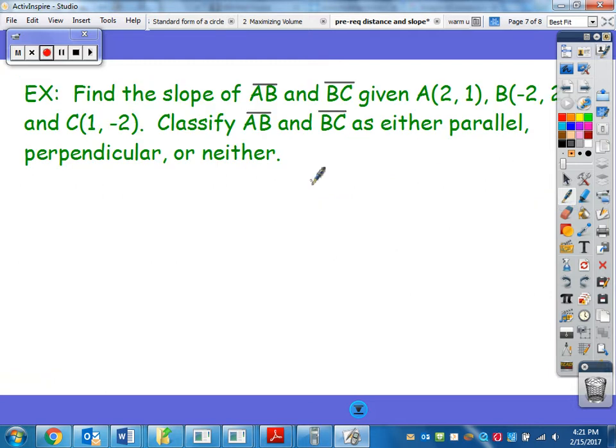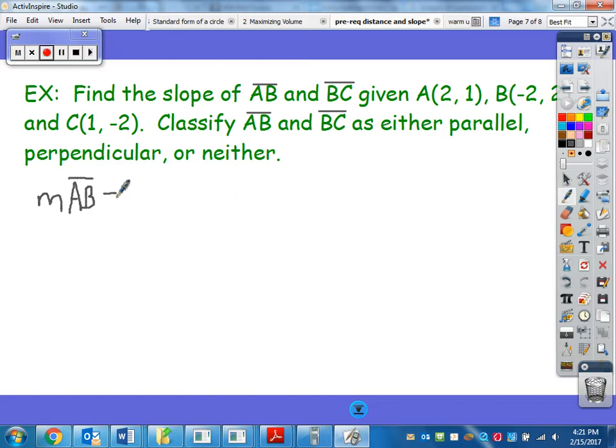So in this example here, we need to find the slope of 2 different segments. We need to find the slope of segment AB and segment BC, and then compare those so that we can classify them as either parallel, perpendicular, or neither. So I'm going to start with AB. So the slope of line AB, or segment AB,